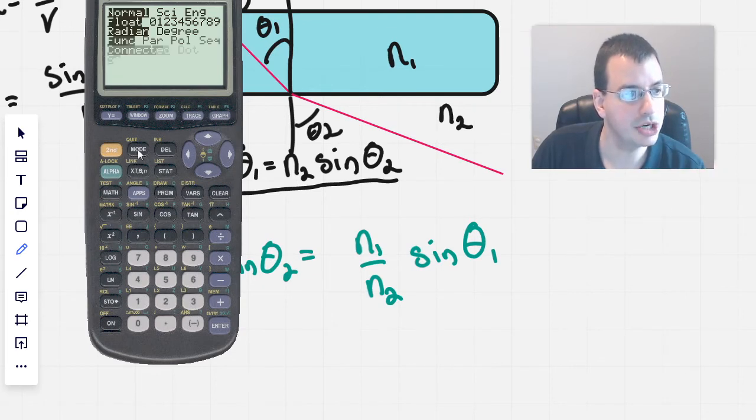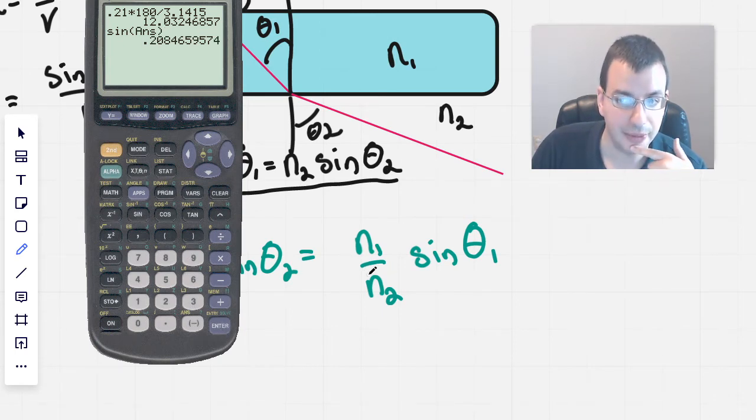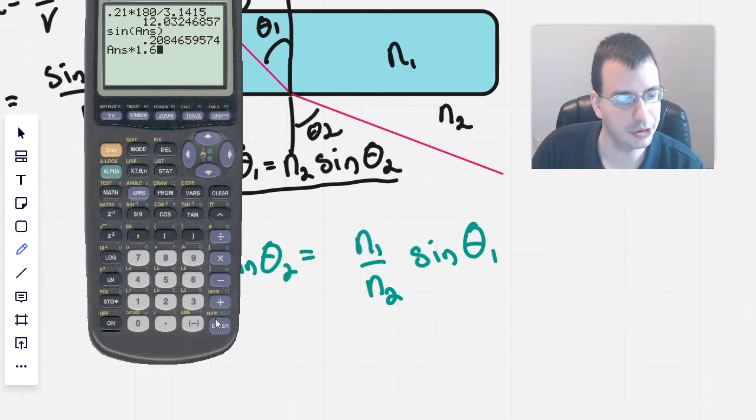So now we're going to make sure we're in degrees. Enter. Second quit. Sine of second answer, which is 12 degrees, multiplied by n1 divided by n2. n1 is 1.6 and n2 is 1, so I'm just going to ignore that. So now we have 0.33. Now we're going to do the arc sine, inverse sine of that answer, and we get something like